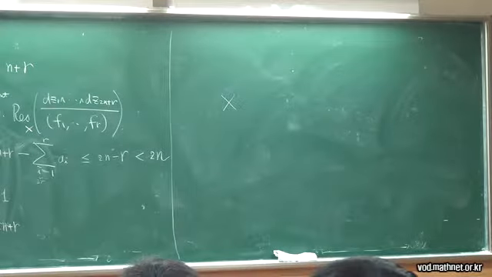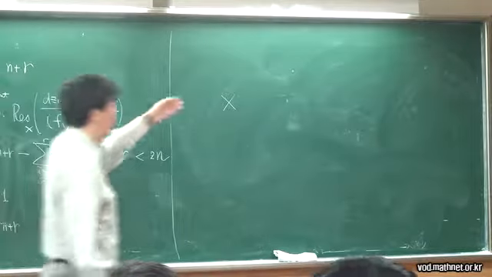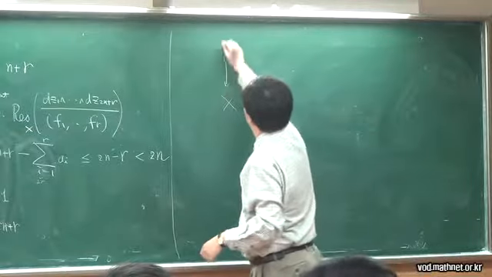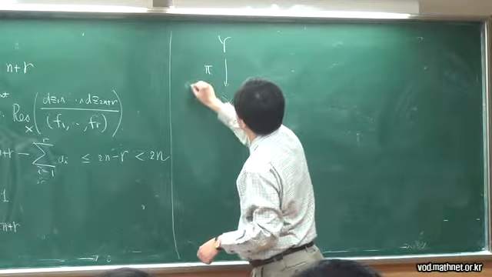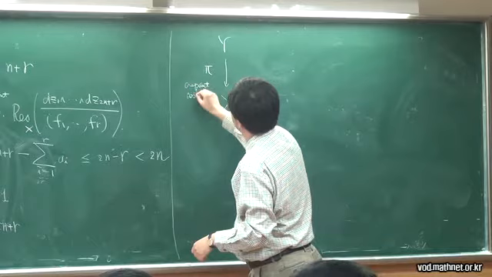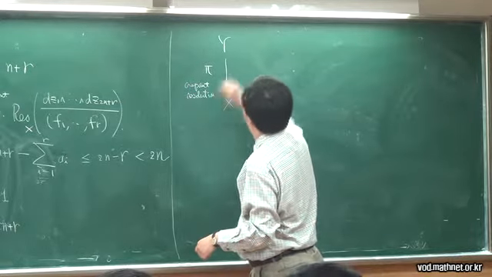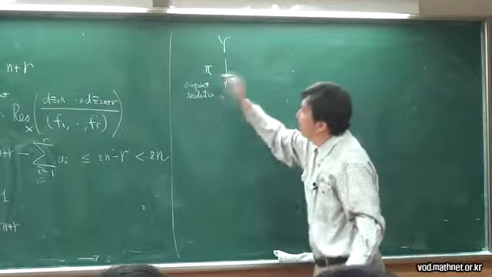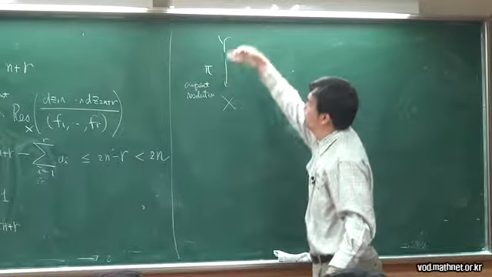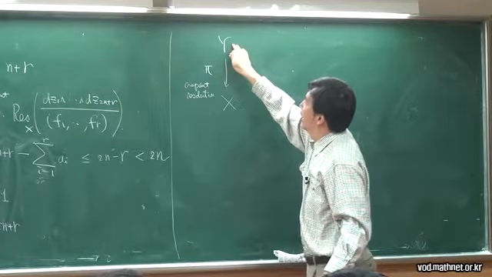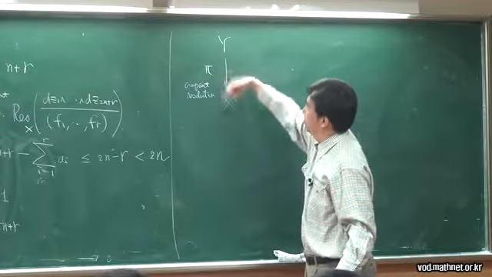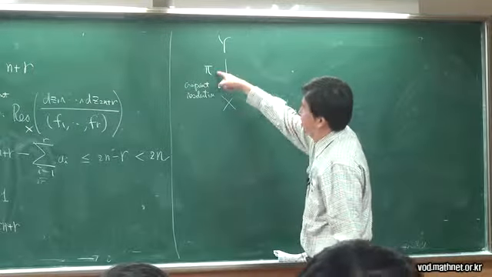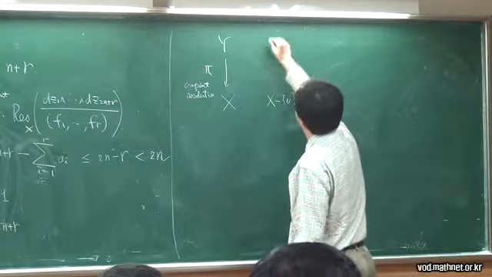complete intersection singularities, then X always has a crepant resolution. So we get the crepant resolution. And moreover, one can take this crepant resolution so that it is C-star equivariant. So Y also has a C-star action, and this is C-star equivariant. And so this crepant resolution induces the following map.